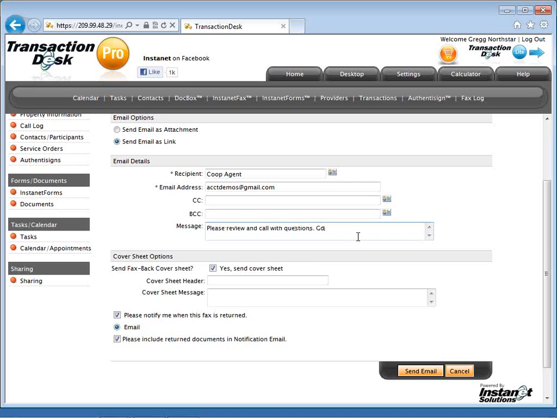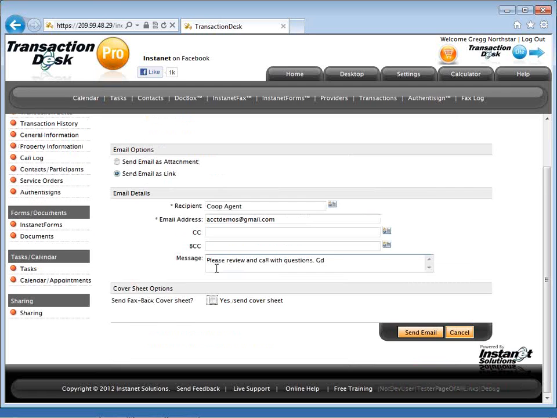Something like that. Anytime you send outbound, whether you're emailing something outbound, whether you're faxing something outbound, you are going to be prompted to include a fax back cover sheet. Do we want to include the cover sheet as a second link? Are we expecting our recipient to open, print, sign, and fax this back to us? Then we would, yes, want to include that cover sheet. If not, if you're just sending something for them to keep, you don't have to include it. But by default, Transaction Desk wants to include that fax back cover sheet so that you can receive documents directly back to your online file